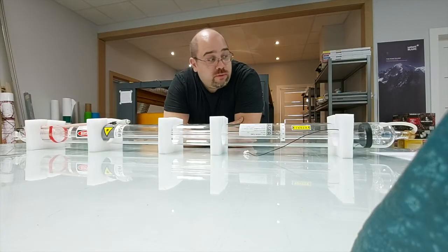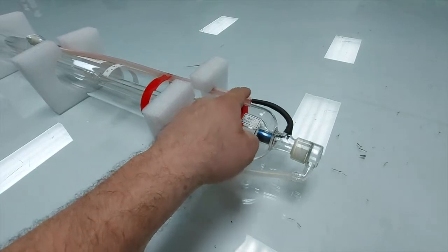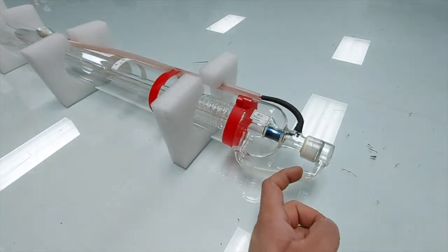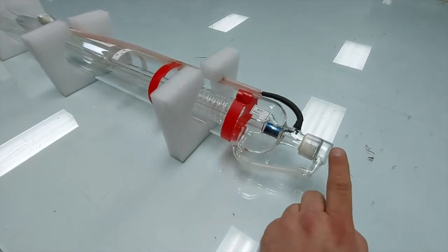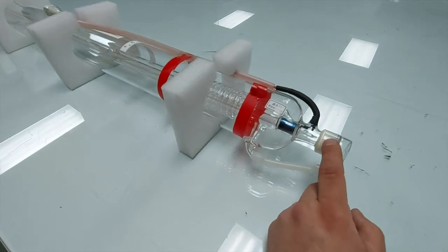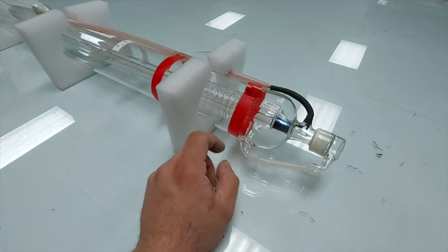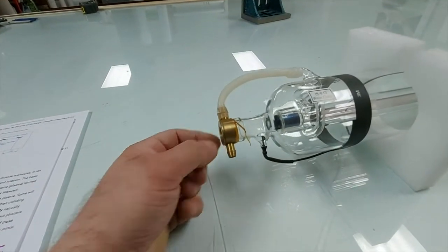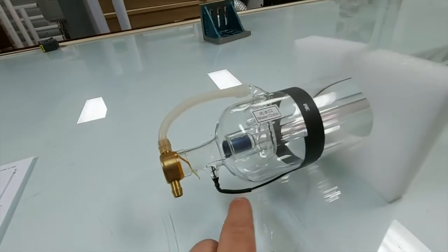Let me give you guys a brief overview of a laser tube, specifically a CO2 laser tube. First, we have our electrical lead that connects to our anode. Then we have our water inlet here. This is where our chilled water comes from the water chiller, and first goes to this cavity behind the reflective mirror. This mirror is plated in gold, and then it continues on to our water jacket. On the output side, we have our water discharge that goes around this mirror and then out back to the chiller. We have our cathode,